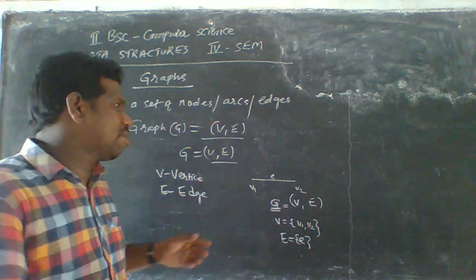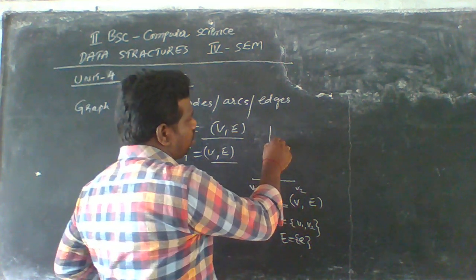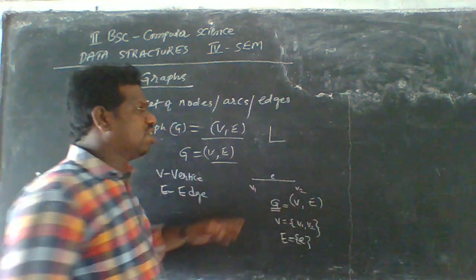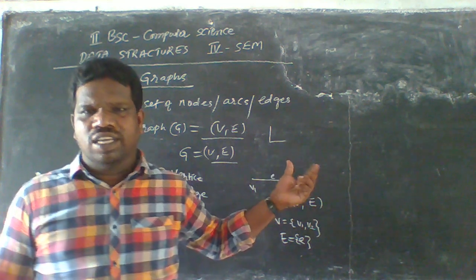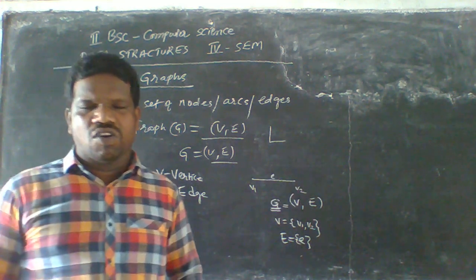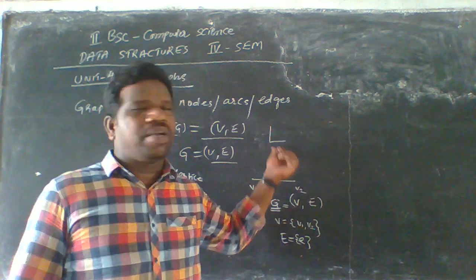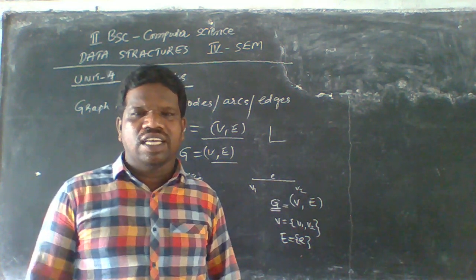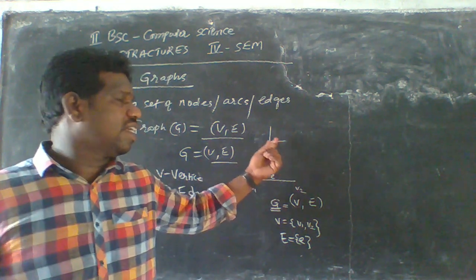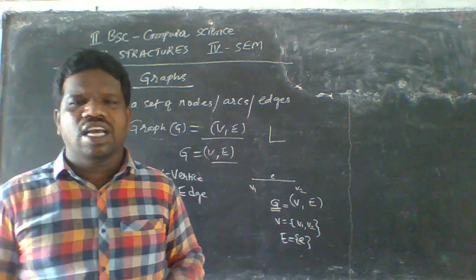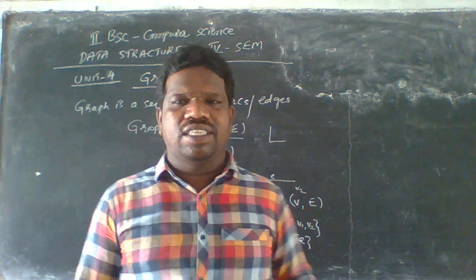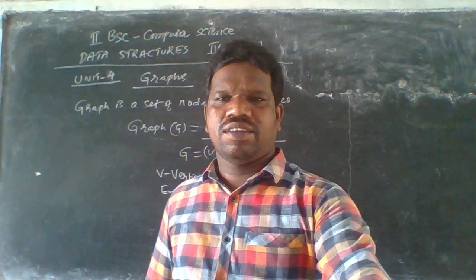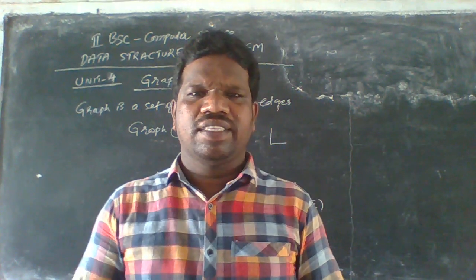For example, I'm creating a graph here. This is one edge, and this is also another edge. These two edges we call adjacent edges, or also neighbor edges. Neighbor edge means what here? Side by side edges are also called neighbor edges here. Okay, so let us see here.